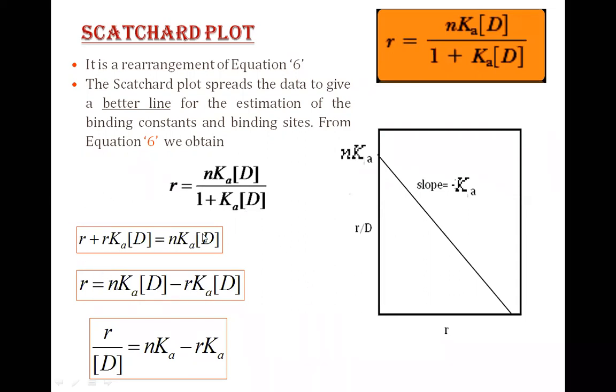We are simplifying this further to such an extent that it resembles the straight line equation, y is equal to mx plus c. Again, whatever equation we are going to learn, it is nothing but y is equal to mx plus c. So r by d is the y value, and the